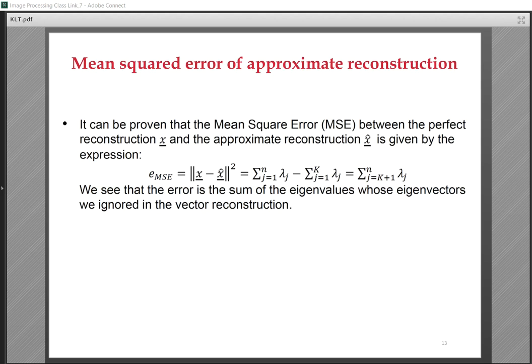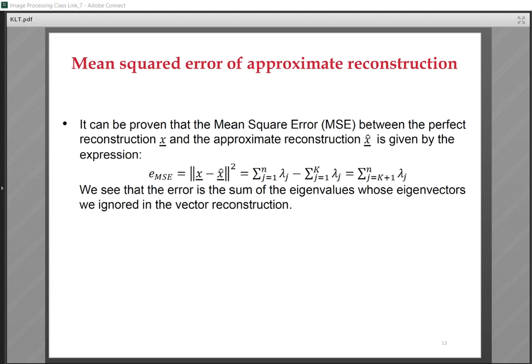MSE is the norm of X minus X hat squared. That means sigma of all lambdas from 1 to n, lambda j,